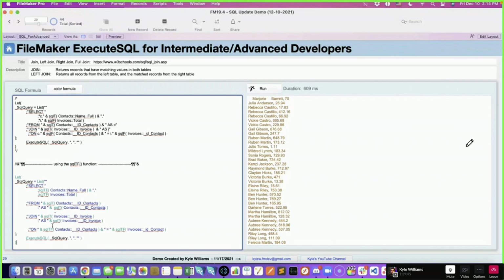So here I got, we're using the SQLT, but instead of referencing the C dot on all of these and the I dot, what we have here is a custom function that does all that for us. So this makes sure that we're getting the right table reference and the right field reference using this function. And then